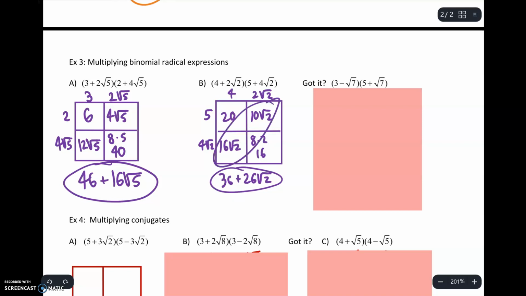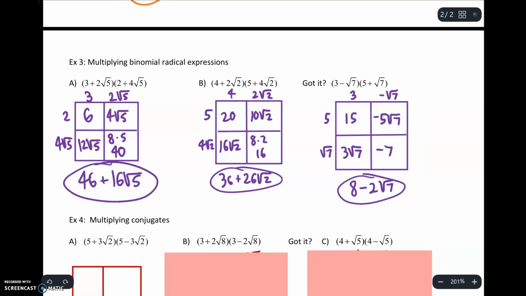And then if I was to combine the radical terms, now that those are like radicals, rad 2 and rad 2, I can add the coefficients, so that's going to make a 26 rad 2. Trying that one more time, it's actually kind of leading us into our next example when we talk about conjugates,